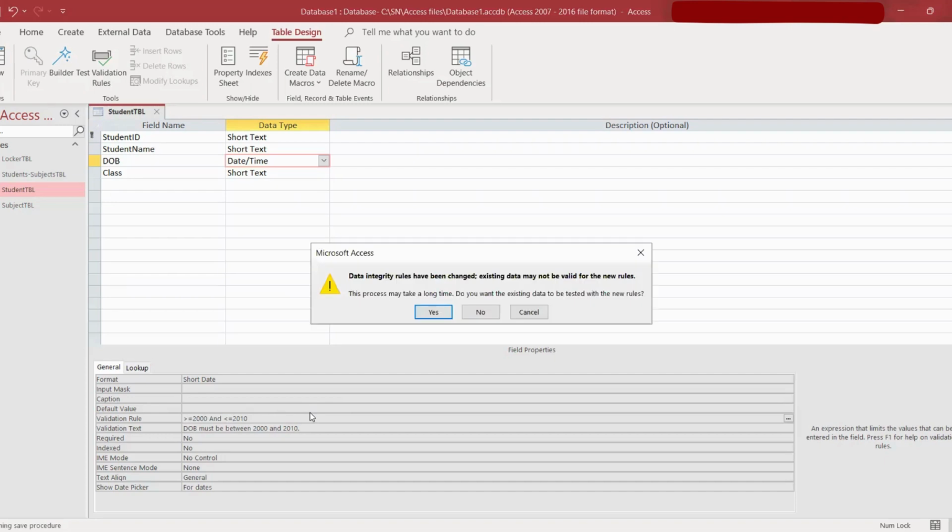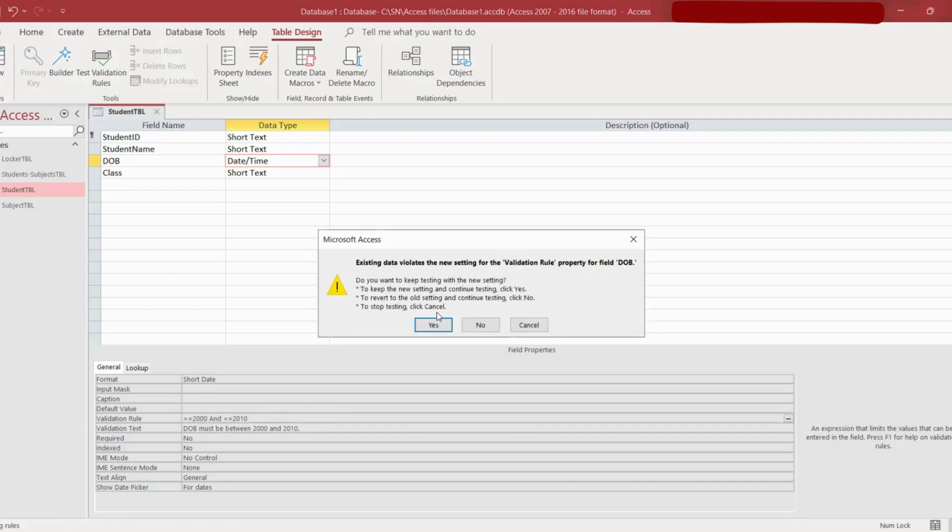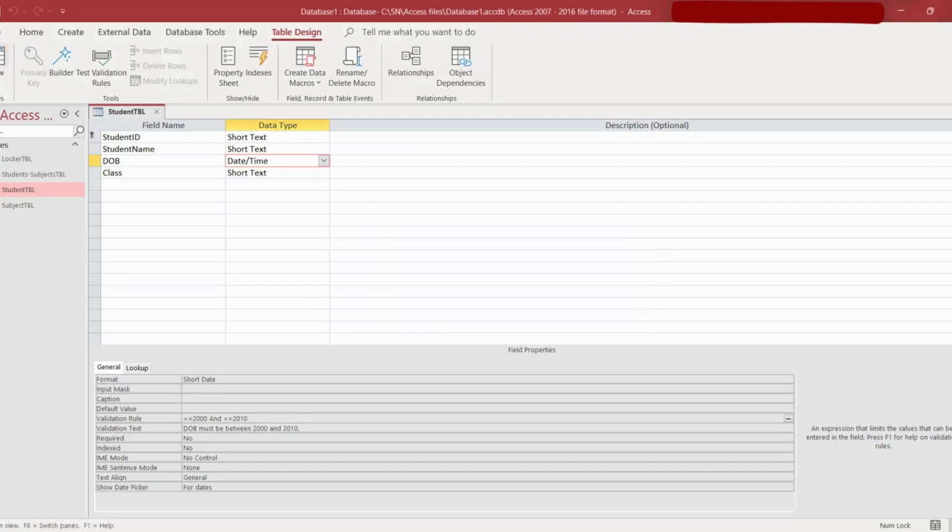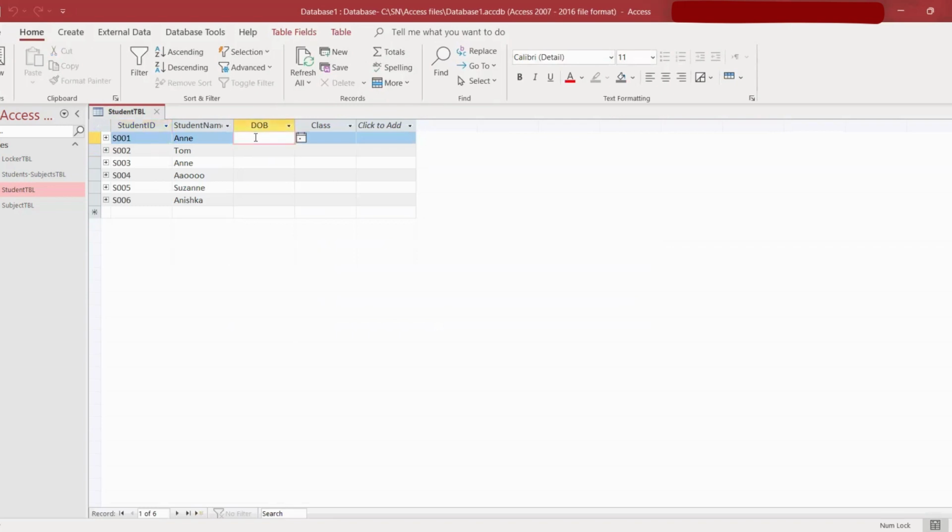Right, we can press Control S to save the process. Then we go to datasheet view. So I specified greater than 2000 and less than 2010. If I add 2012 here, then let me select a date from here instead. No, it doesn't let me because it has to be within the range. And if I select this day, and I also showed in a previous video that it will be easier to add the date, month, and then for the year you can type it separately, which is much faster. So if I put 2009,